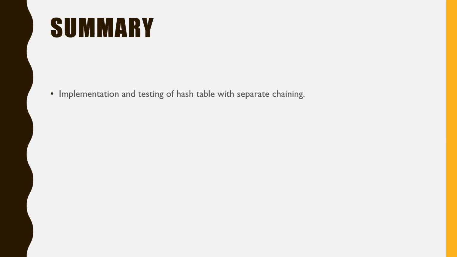In summary, we have discussed the implementation and testing of hash table with separate chaining. In the next video, we will discuss a different way to handle hash table collision. The new way is called